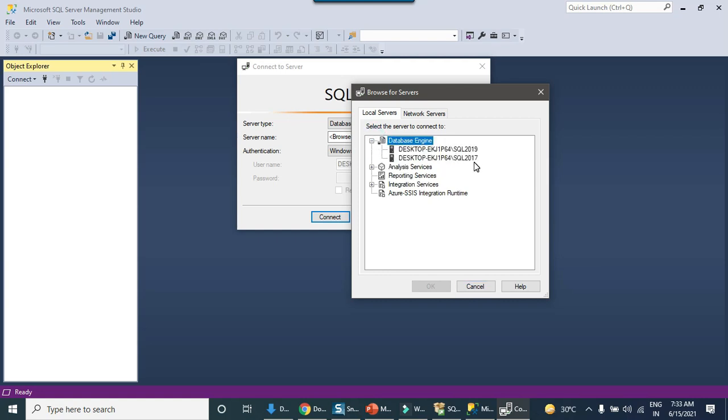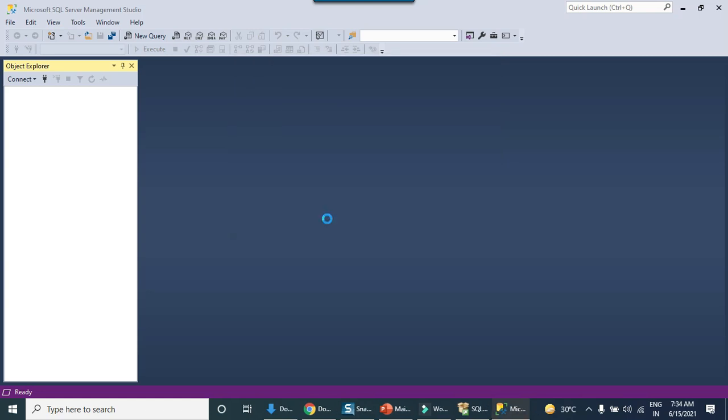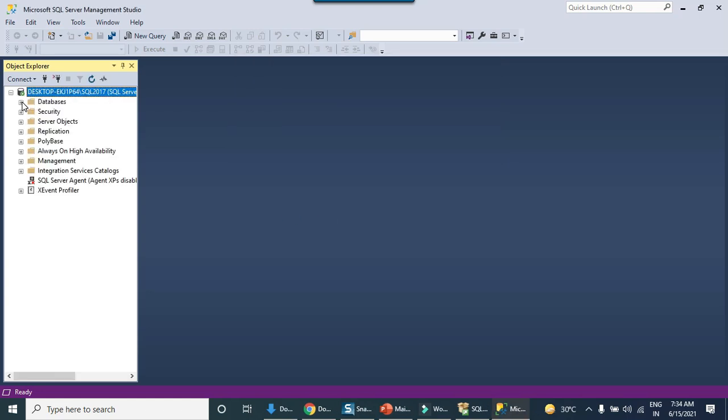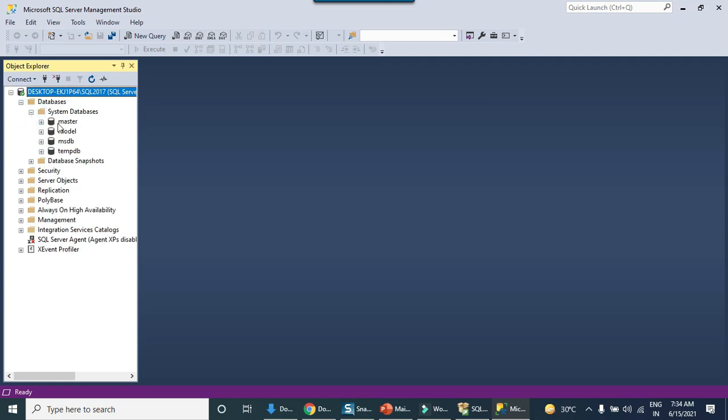So now you can see that I have two instances, SQL Server 2017 and SQL Server 2019. I just installed SQL Server 2017 and I want to connect to this one. So select this one and click OK. Click connect. So as you can see, you got connected to the SQL Server 2017 instance. Right now it doesn't have any databases. We have just a few system databases.